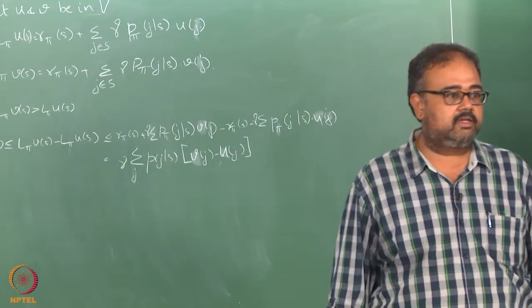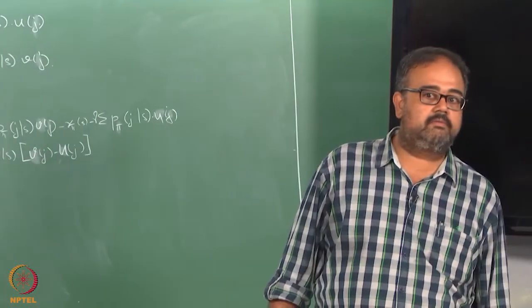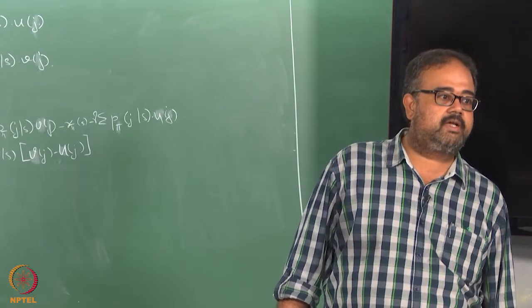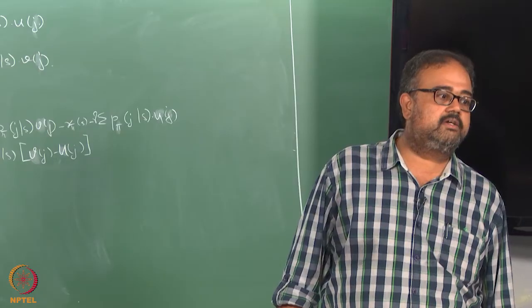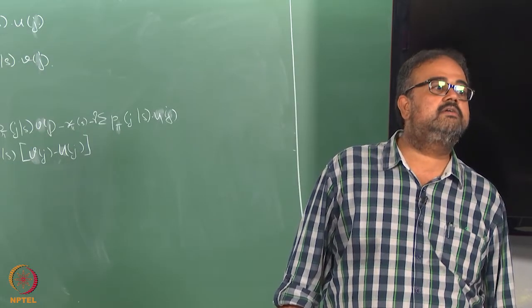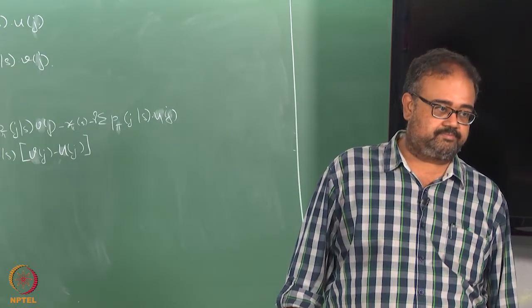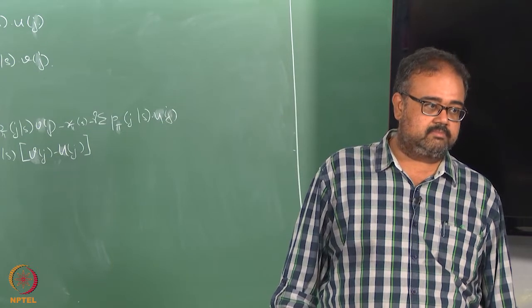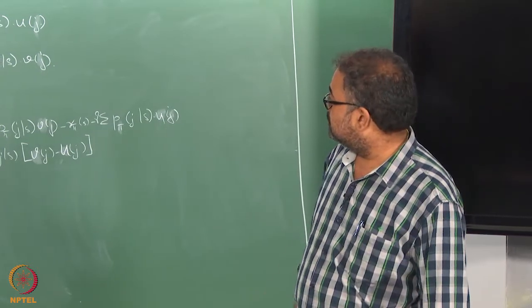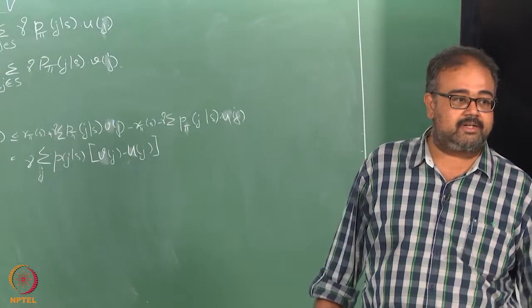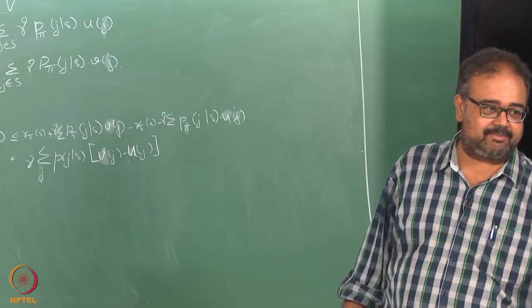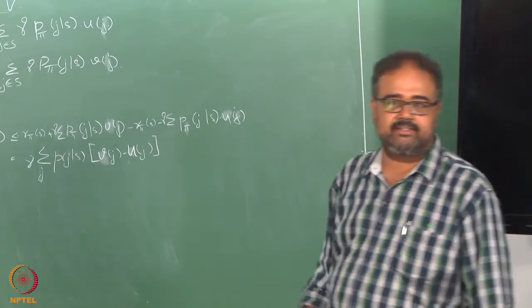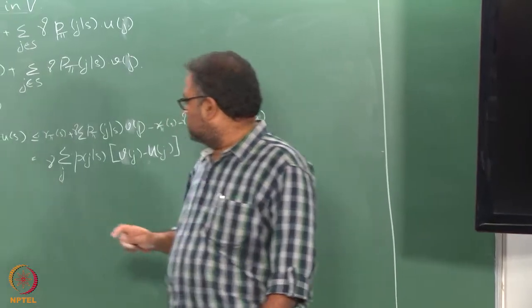No, that's not needed. Only the max norm wise. Yeah, the max of this should be less than the max. That expression is again a scalar expression. Whatever I'm writing so far is a scalar expression. I'll come to the vector form of this. So far I'm writing scalar expressions.